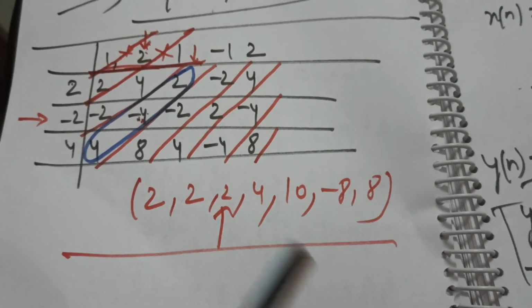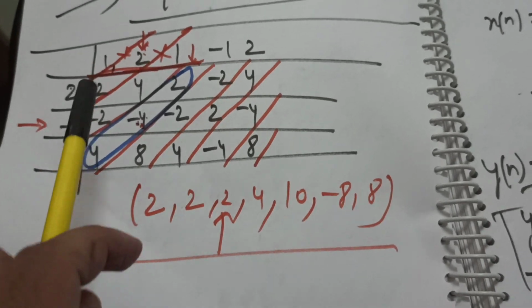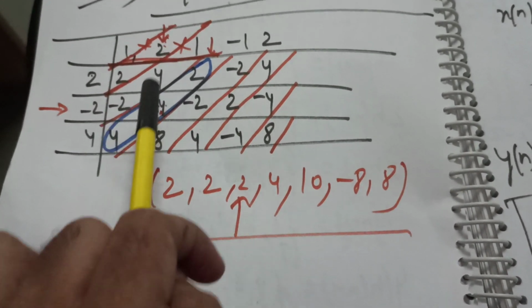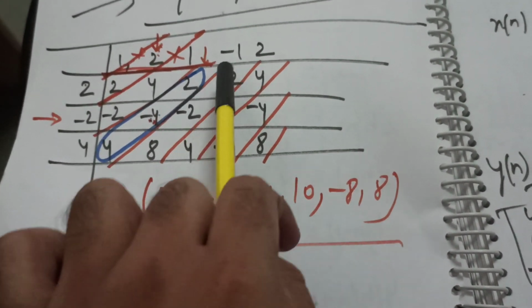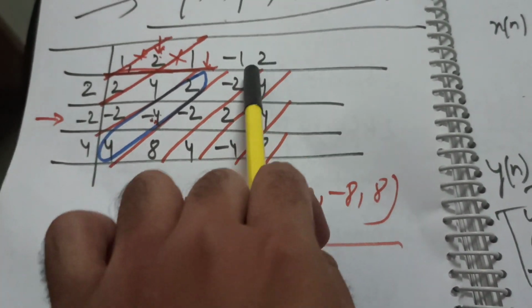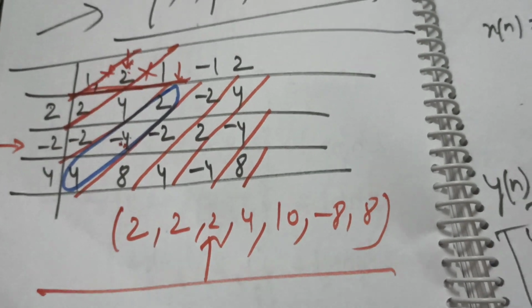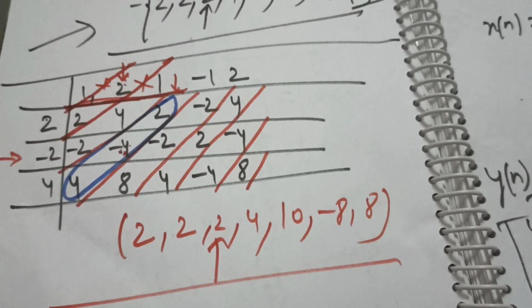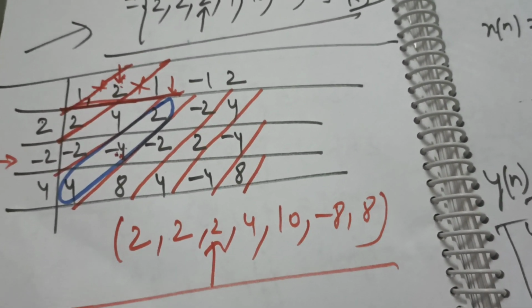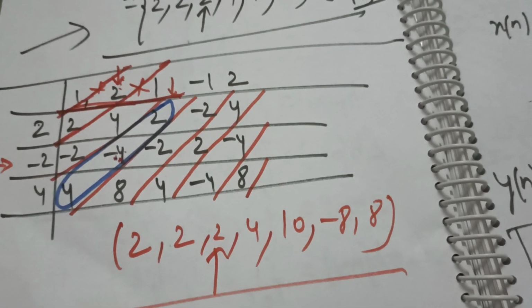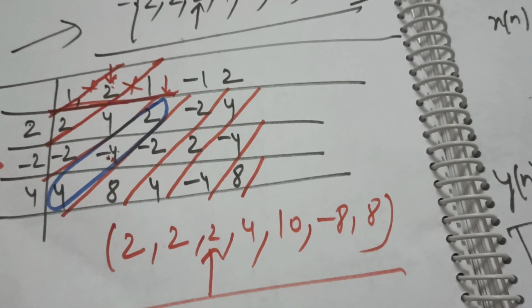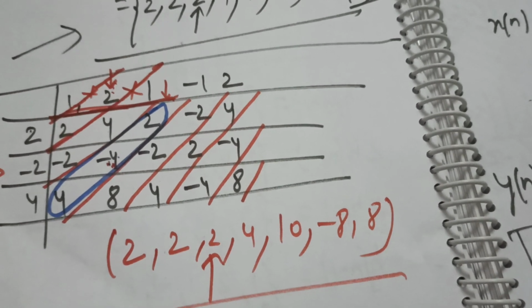Similarly, we multiply minus 2 by 1, it will give you minus 2, minus 2 into 2 will give you minus 4, minus 2 into 1 will give you minus 2, minus 2 into minus 1 will give you 2, and so on. Once the values are obtained, then we have to look for the 0 point. How are we going to obtain our 0 point? Where exactly is the 0 point?